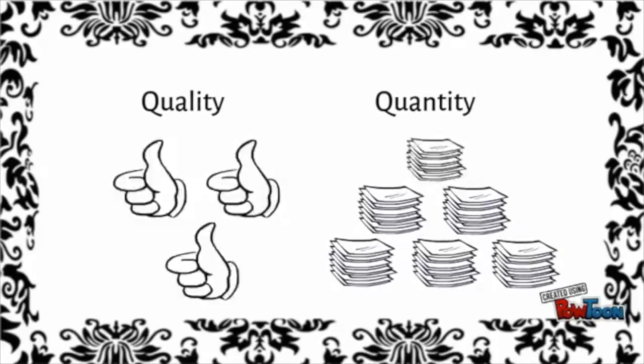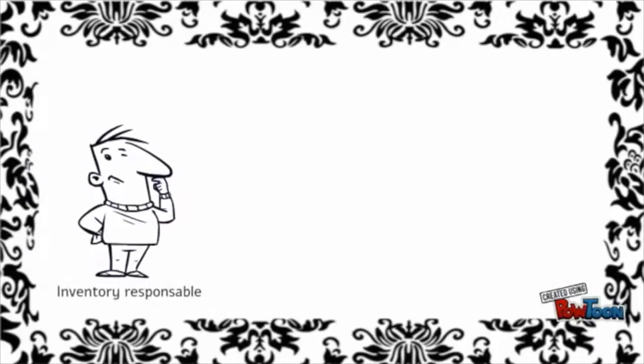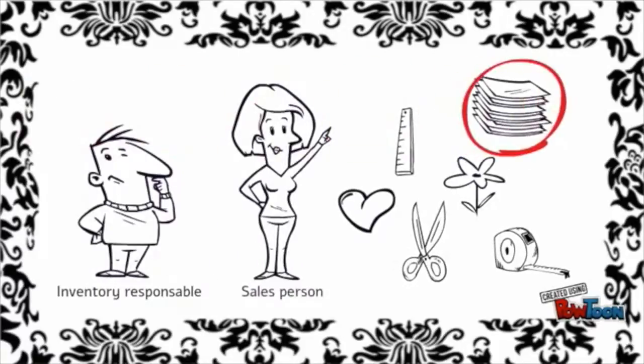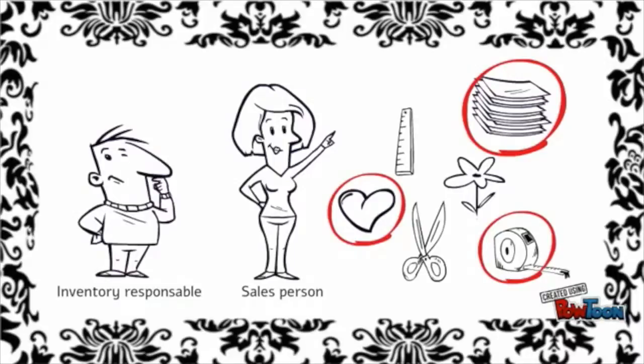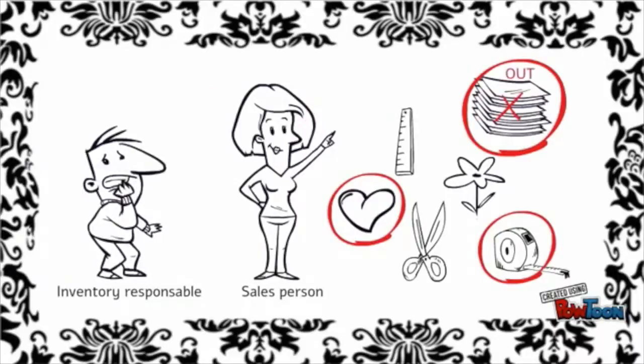Review the stock. The main objective is to know the quantity and quality of the stock available. In this phase, the inventory responsible provides information to the salesperson to select the material needed for the requested order. In case of inexistence of raw material, the responsible have to order it.